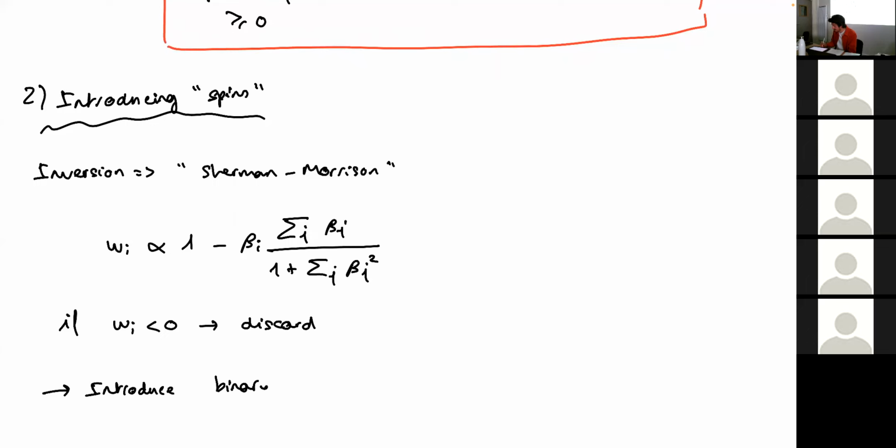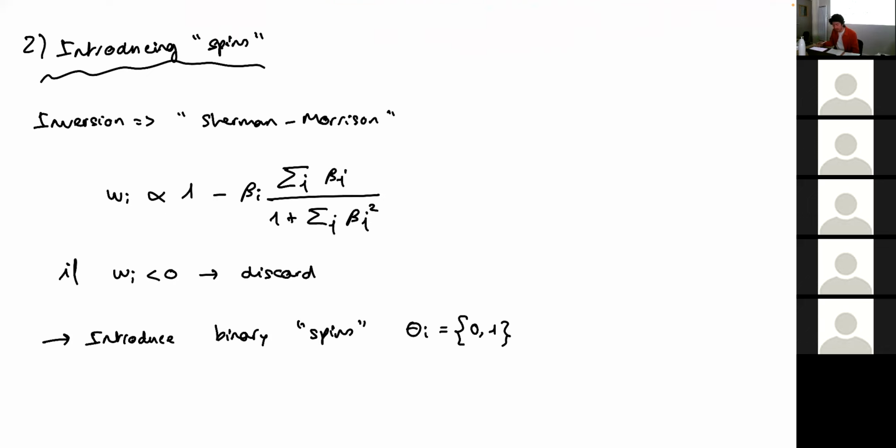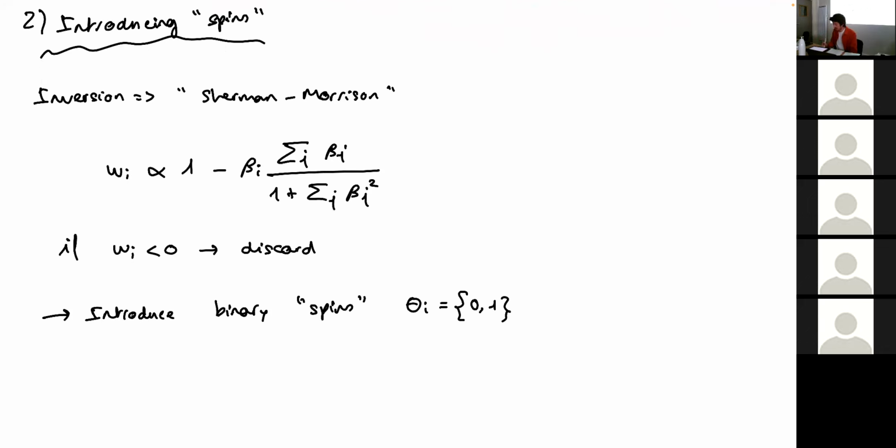binary spins, which are not going to be -1, 1. They're going to be 0 or 1, obviously. If theta I is equal to 0, it means that you're excluding it: the species has basically gone extinct, or the asset is excluded from the portfolio. And if it's equal to 1, you're not touching it. Then you can rewrite your long only optimal portfolio, or your final ecosystem, with these spins, which allows you